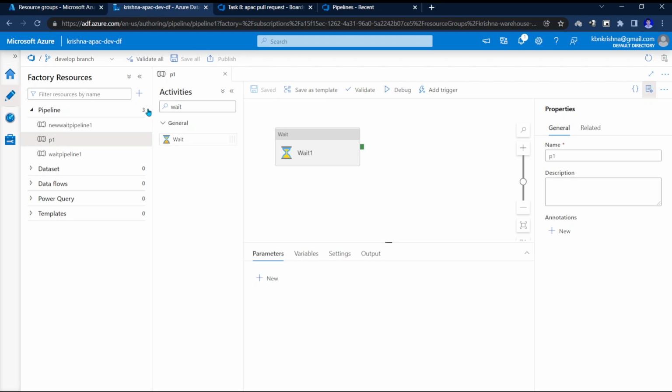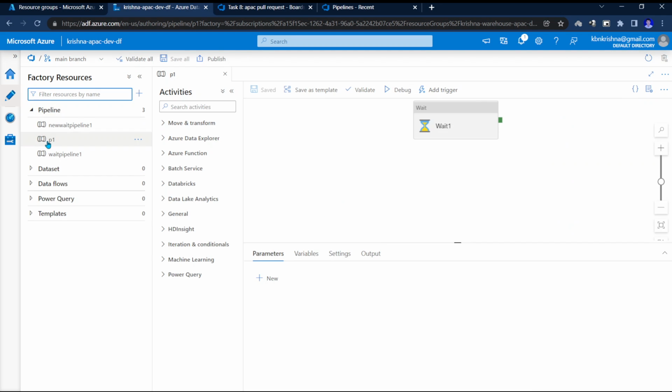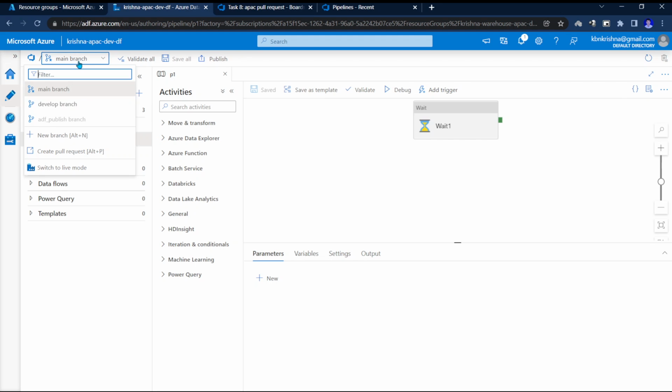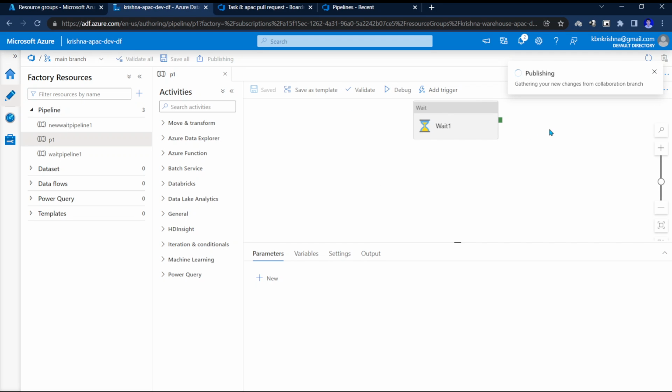Okay, now we come back to our data factory. Let's see if the changes are showing in the main branch or not. You can see that P1 is now displaying in the main branch. So our pull request worked. Now we can come to the main branch and publish these changes. When I click publish,